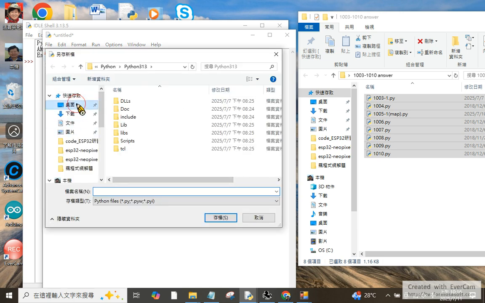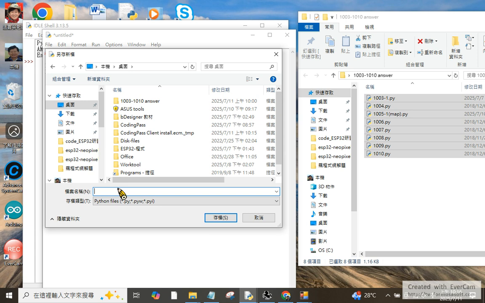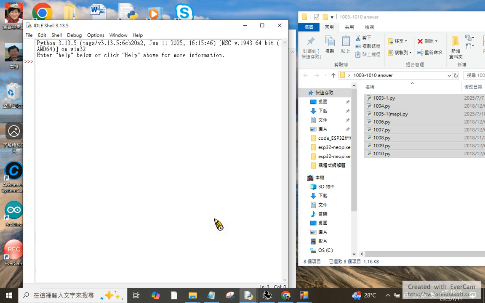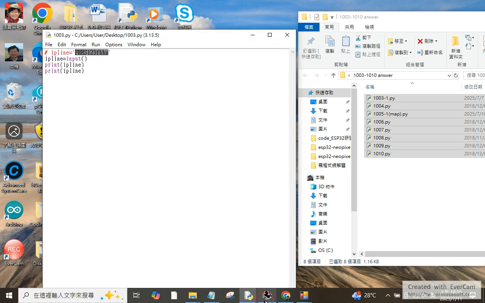Okay, put that on the desktop. Name it as 1003. Okay, after running, you give this input, and it will print out twice. Same as the problem statement. So we come back to here